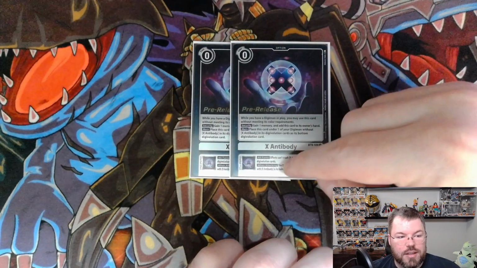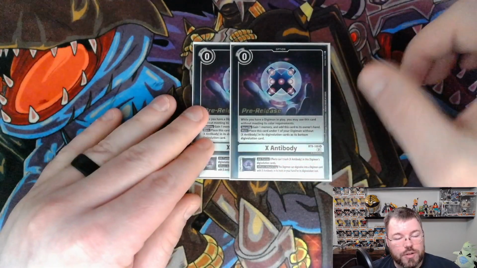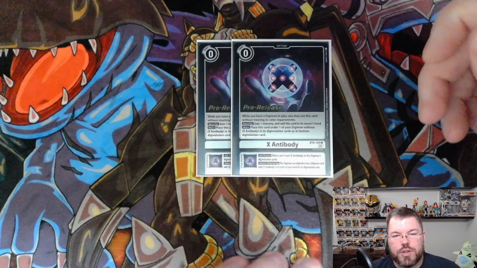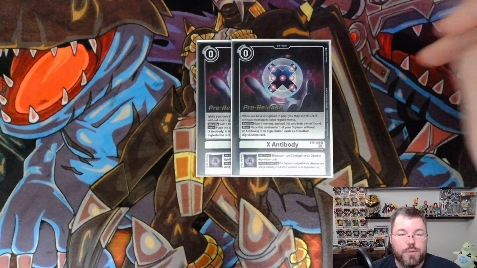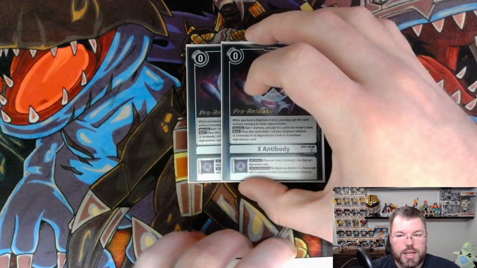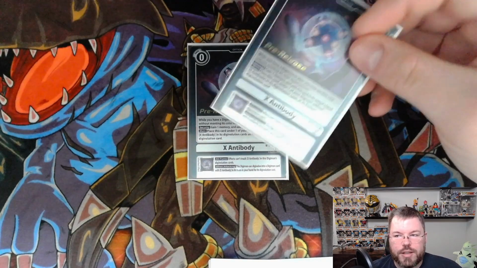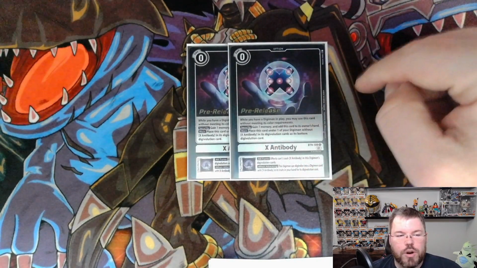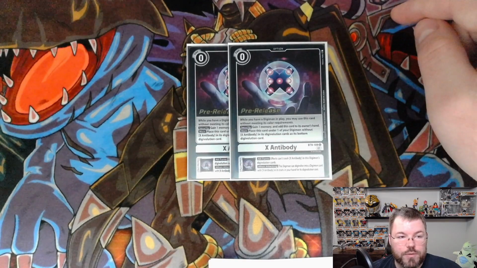And then the other effect is when attacking, not once per turn, so if you can attack twice, you can trigger this twice. When attacking, this Digimon can digivolve into a Digimon with X Antibody and its traits for the cost from your hand. So the reason why we're playing this is, 1, it enables our Greymon X from BT11's protection effect,